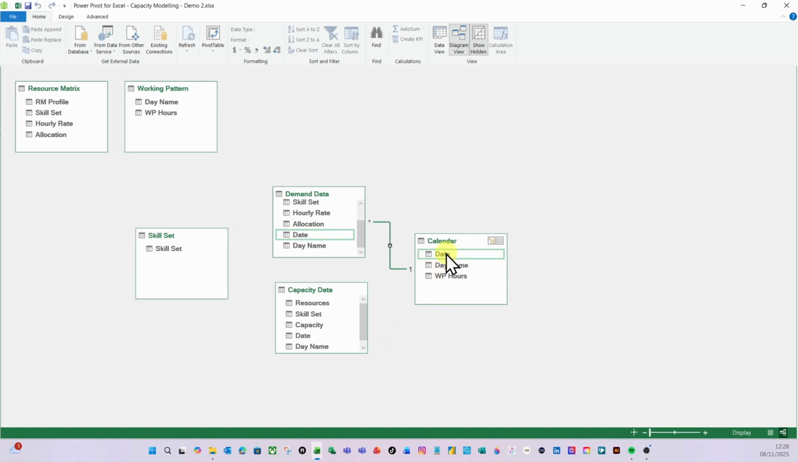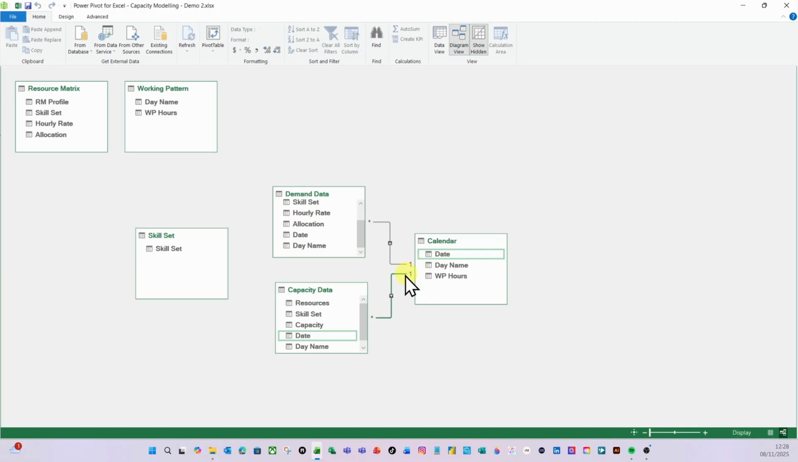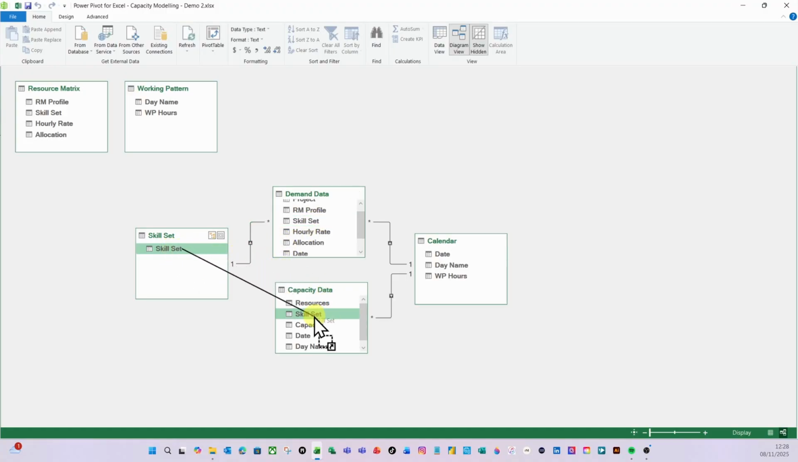Now I'm going to drag date here over to date in capacity data as well. And again, a one-to-many relationship. And then because I want to be able to filter on skill set across both my tables, I'm going to drag skill set and drop it on skill set in demand data. And again, I've got that one-to-many. And I'm going to do the same for my skill set in capacity data as well, and one-to-many. So now I've created those relationships,